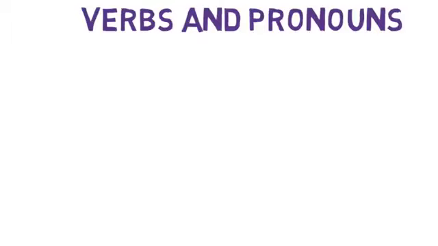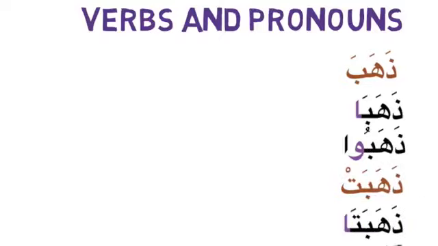So if you take a verb, for example, ذهب, we know how it is constructed in Madi. So what we're going to see here: ذهب, ذهبا, ذهبوا, ذهبت, ذهبتا. So what do we see here? In ذهب, we know the fa'il, the pronouns, damir, they are always fa'ils, and the fa'il in ذهب and ذهبت can be mawjood or it can be mustatir. So here we will take it as a mustatir, which is you can't see the